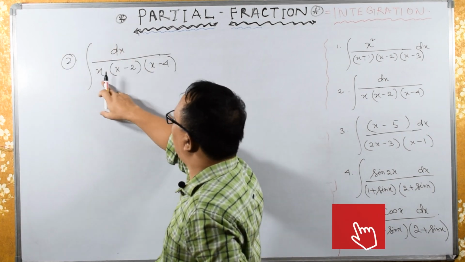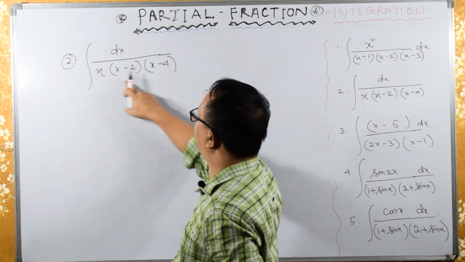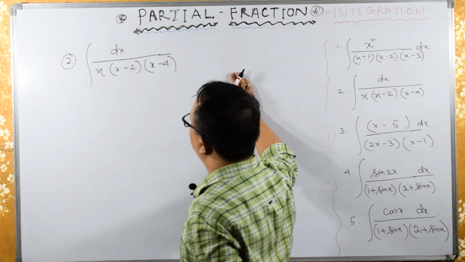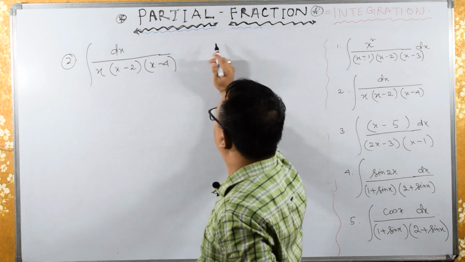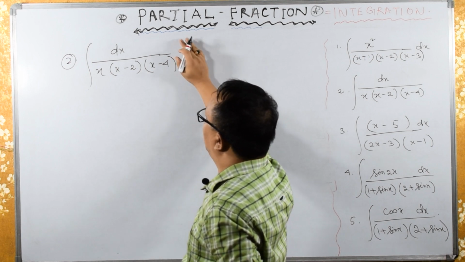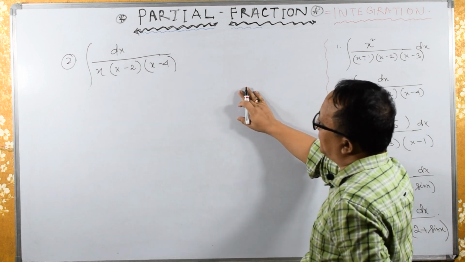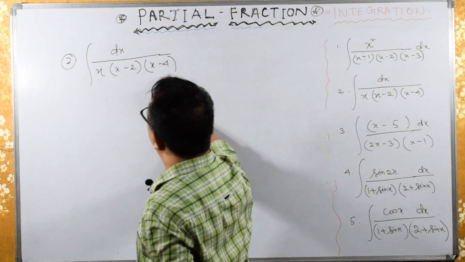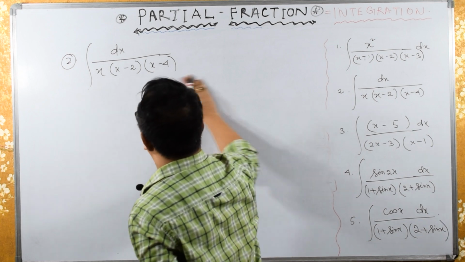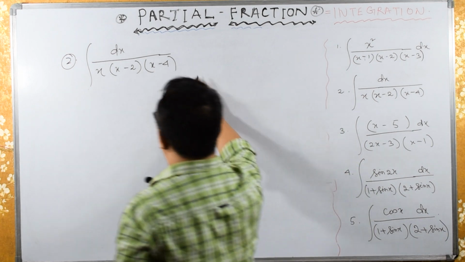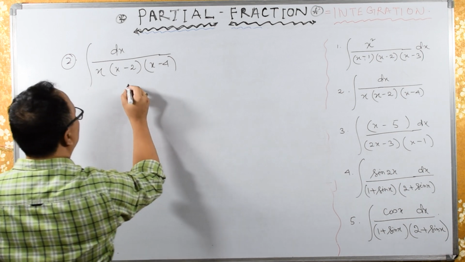Here you have x to the power 0, here you have x cubed. 3 is greater than 0. And all terms are non-repeating as well as all different terms. Therefore, I can write the integration of this as 1 upon